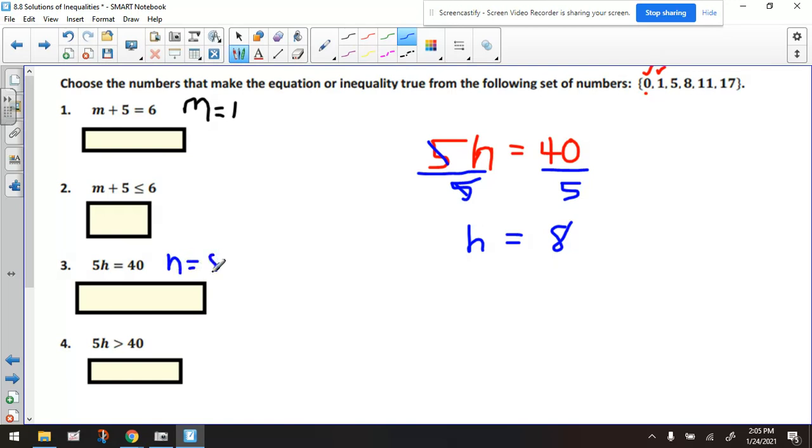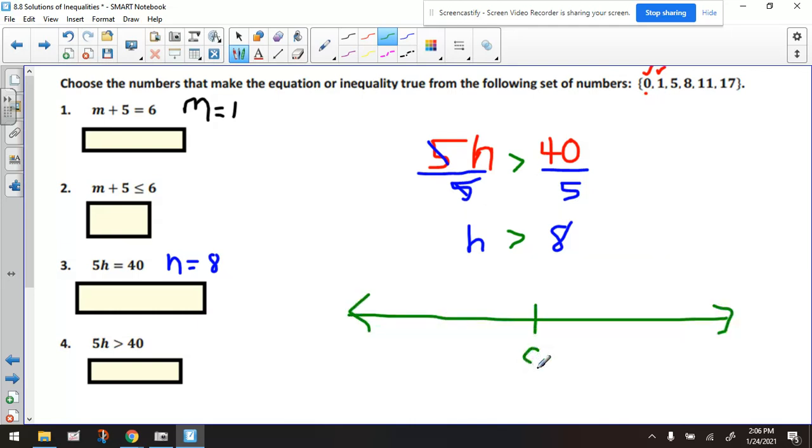But what if we have the same stuff, only instead of an equal sign, they give us this symbol, which is the greater than symbol. So let's replace this symbol with the symbol that you see here, which is the greater than symbol. All right, so this would read as h is greater than 8. So if we do a quick number line